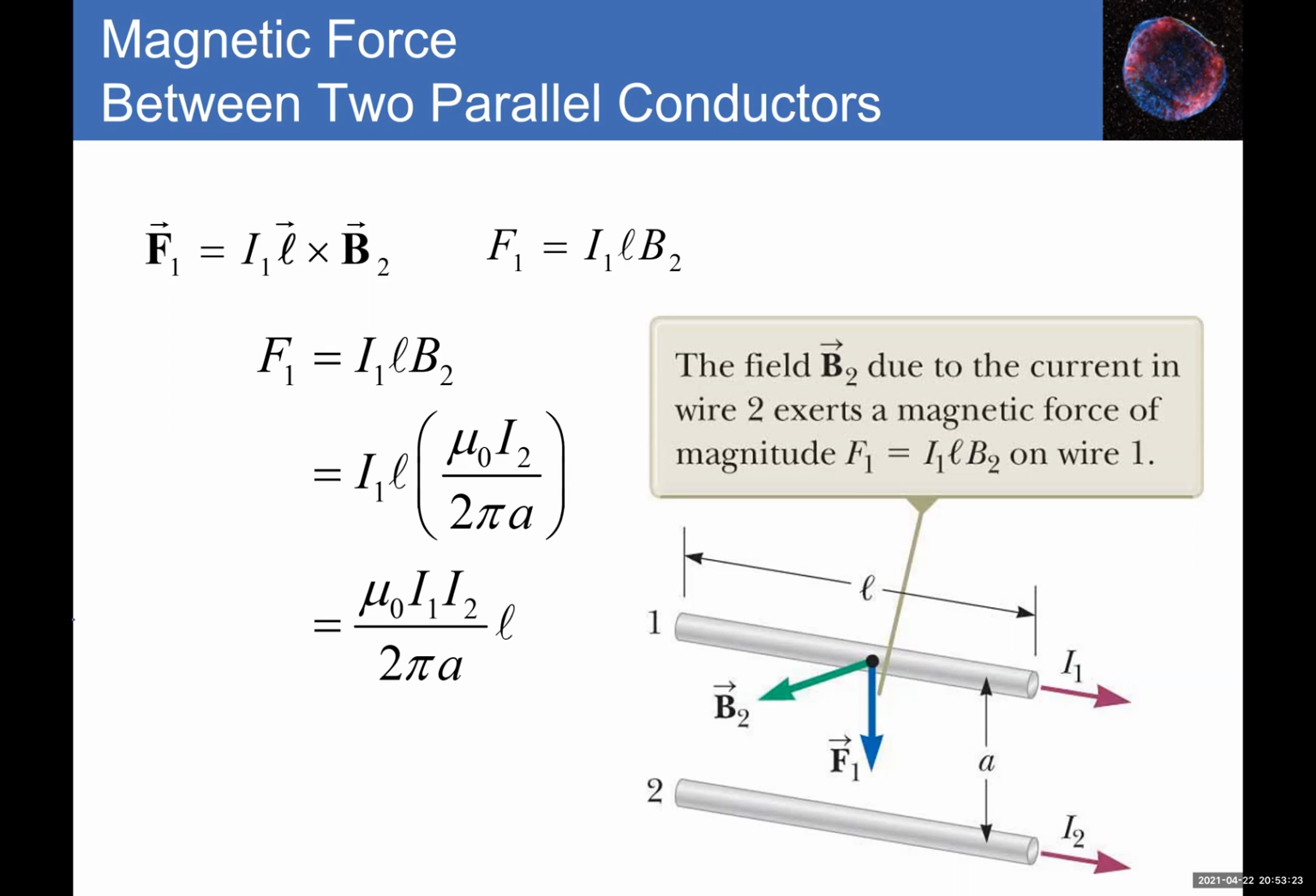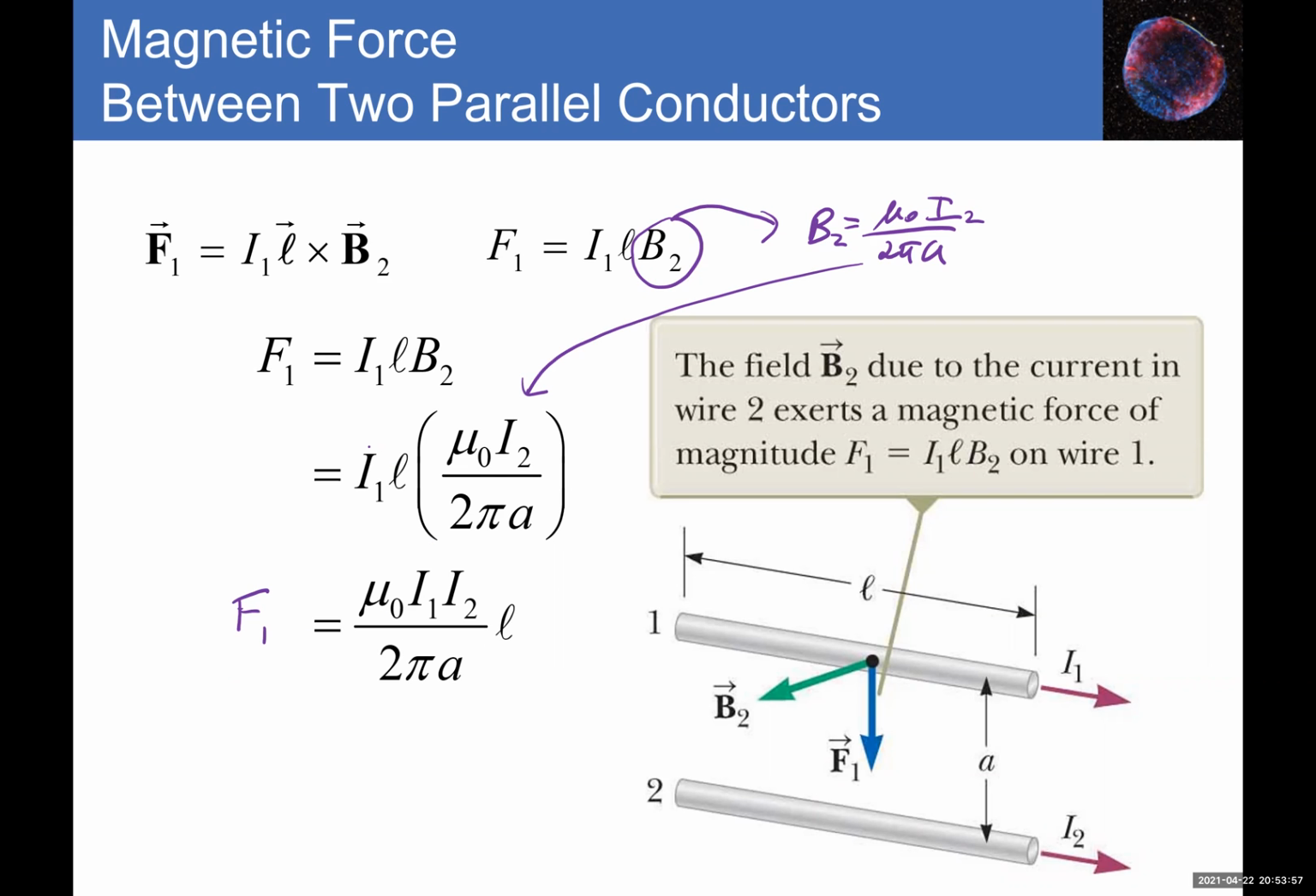Then if I write down magnetic field 2, remember we derived this, that the magnetic field due to a straight wire is mu naught I divided by 2 pi times the distance. Well, that means for magnetic field 2, B2 is equal to mu naught times I2 divided by 2 pi A. If I replace that expression for magnetic field 2, then force 1 becomes